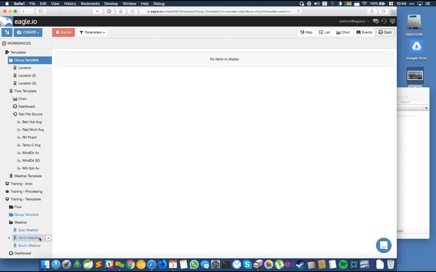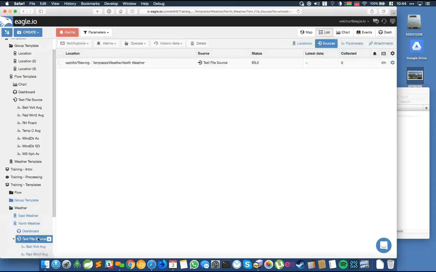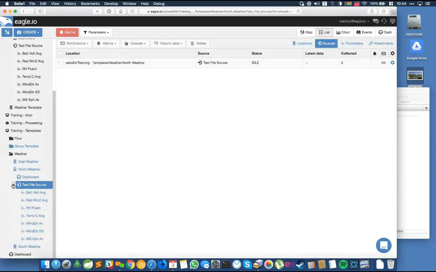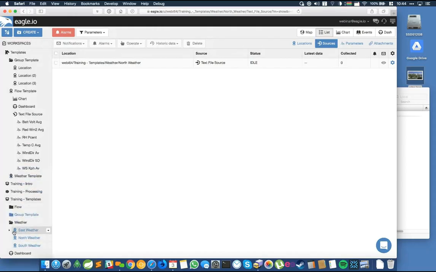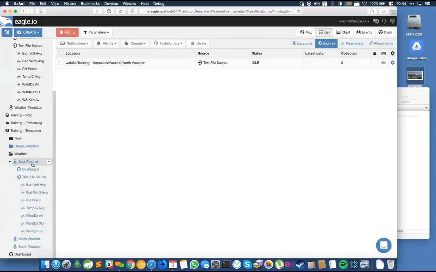It's also another way that you can extend the templates feature: the ability to add specific sensors or objects per site. So say, for example, we've got a dashboard that we've inherited here from our template. But say, for example, just in the case of east weather,